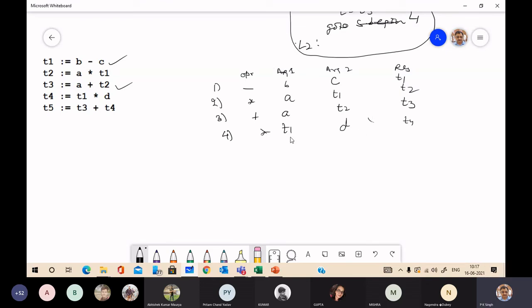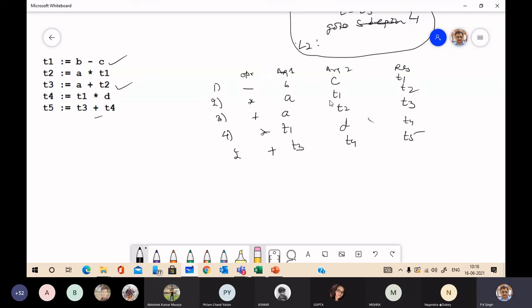Now the last operator is plus, the first argument is T3, the second argument is T4, and the result is in T5.